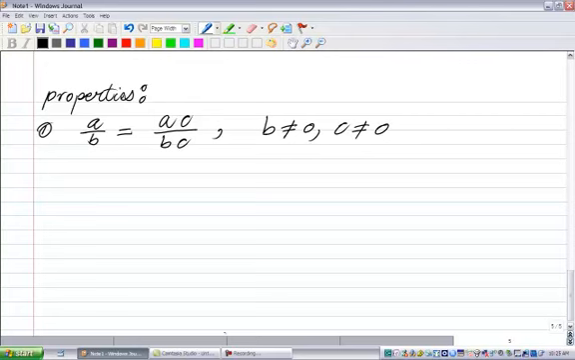All I did is what? I multiplied the numerator and the denominator by the same number C, right? So that's allowed, and you still get the same fraction, okay? The second property is that if I have A divided by B, that's the same as A divided by